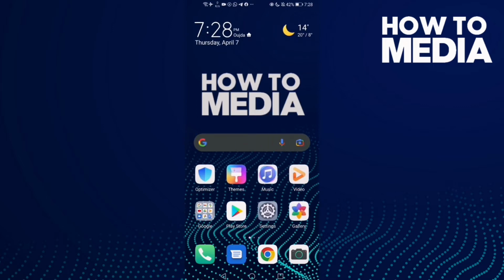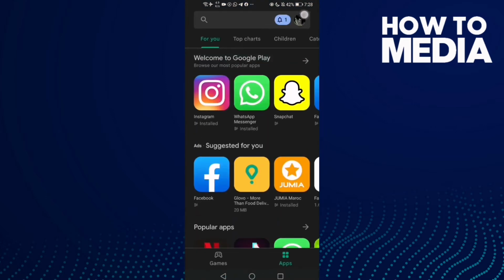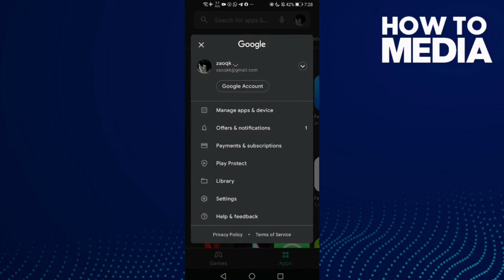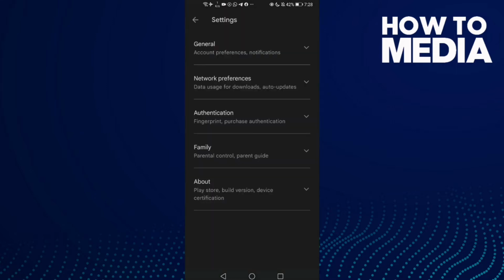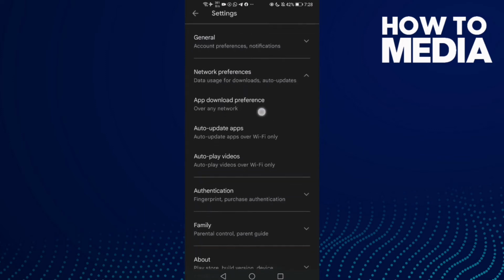First, go to Play Store and then click on your profile here and then click settings, and now all you need to do is just click this one and then click this one, up download preference,